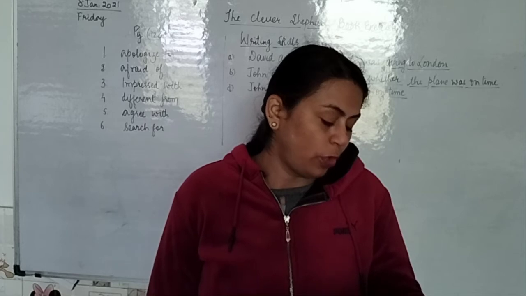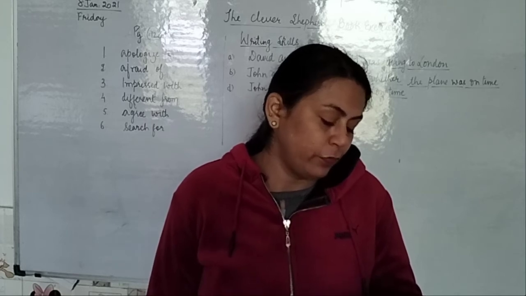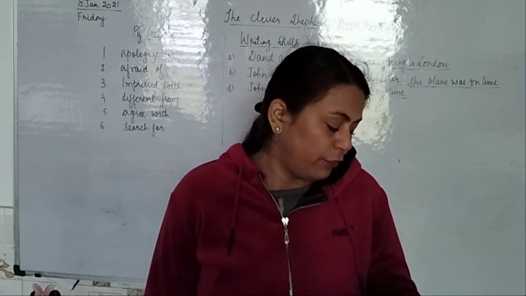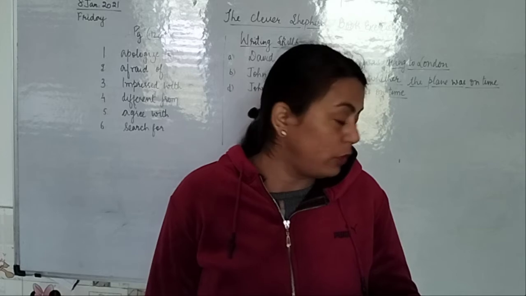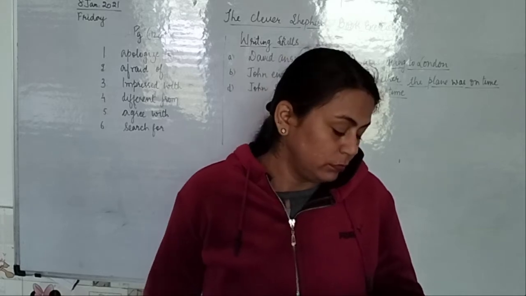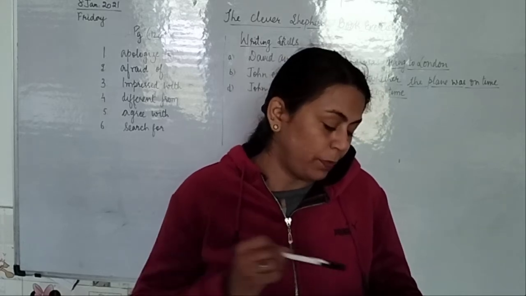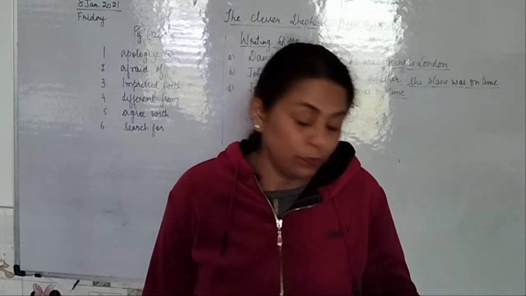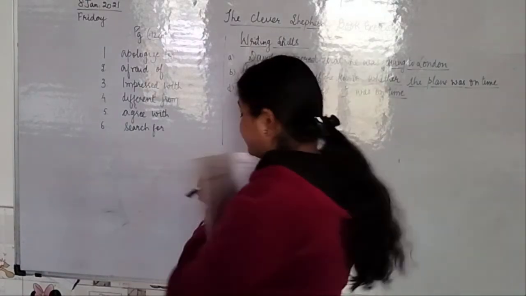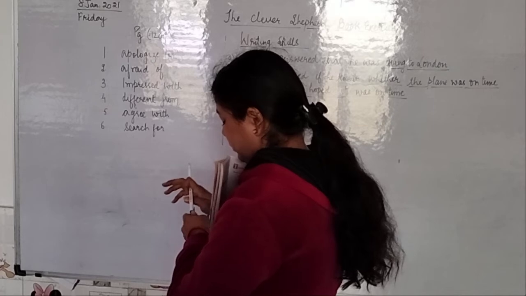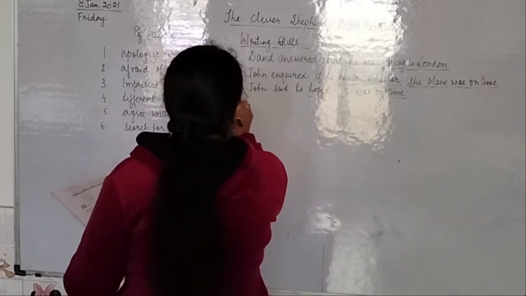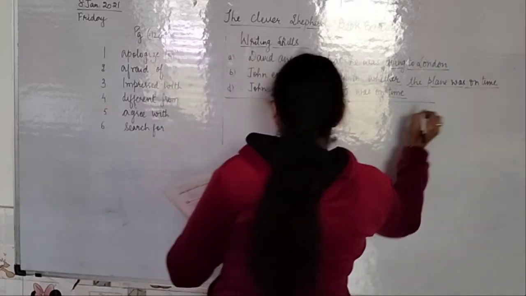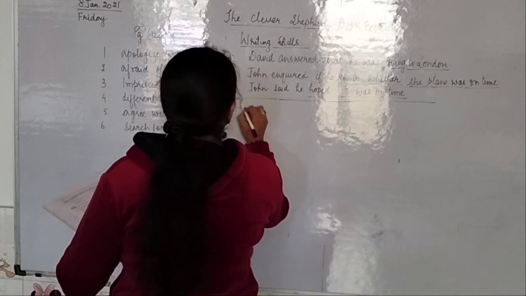So, second one is shopkeeper. This pair has reinforced heels. Footballer: Our team wears black and white ones. So, the shopkeeper is saying that the pair has heels. Heels are found in what? They are found in shoes only. So, they are talking about shoes. This is the reading for fun.